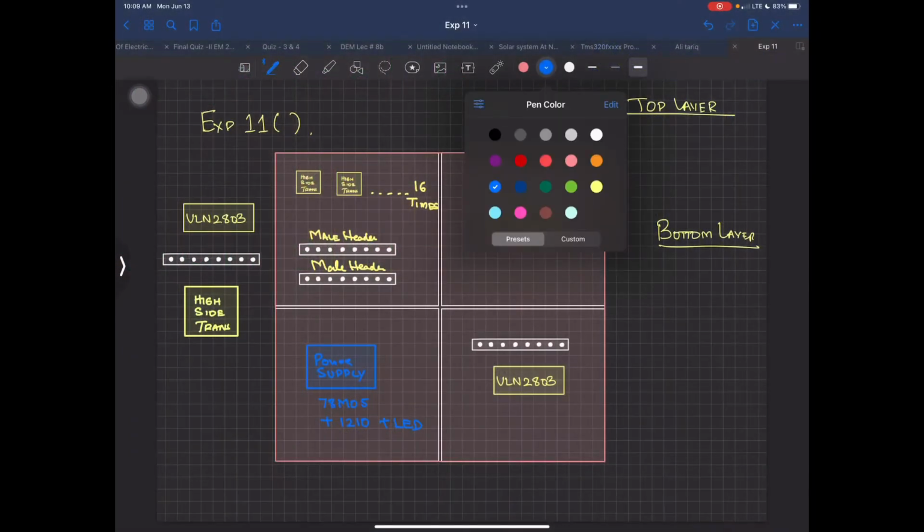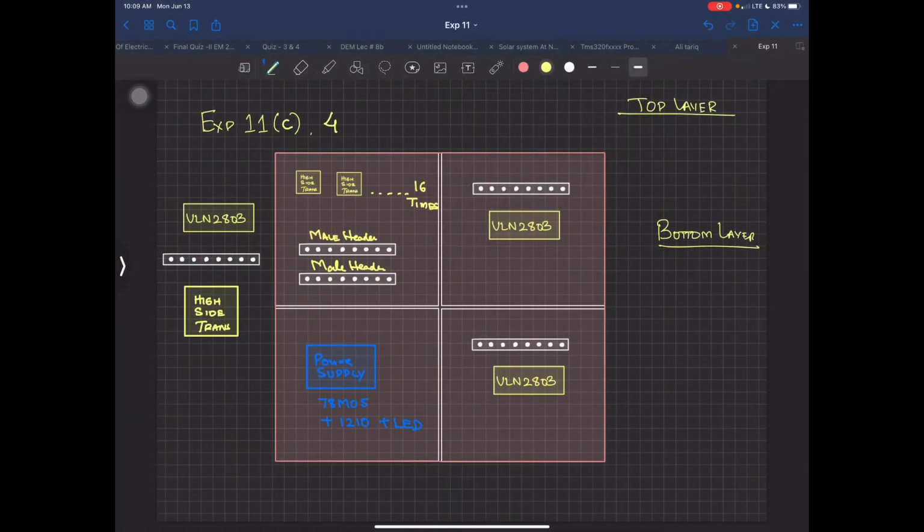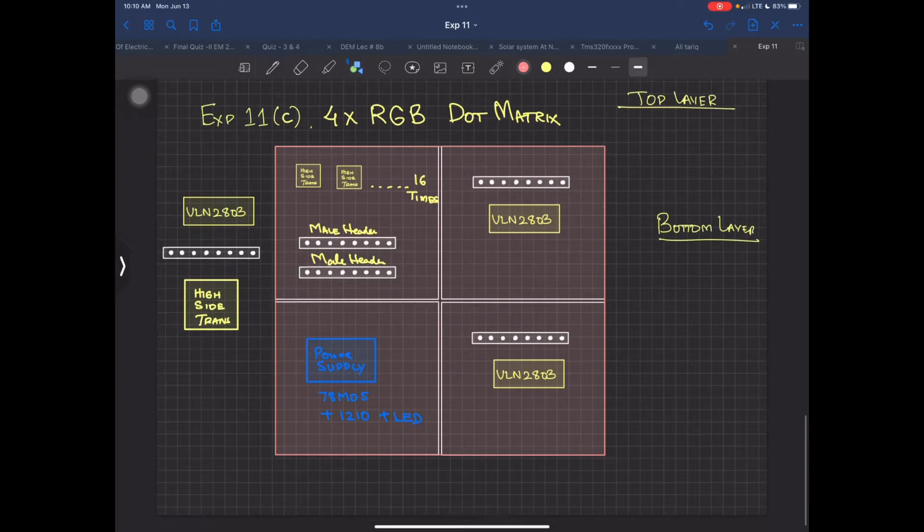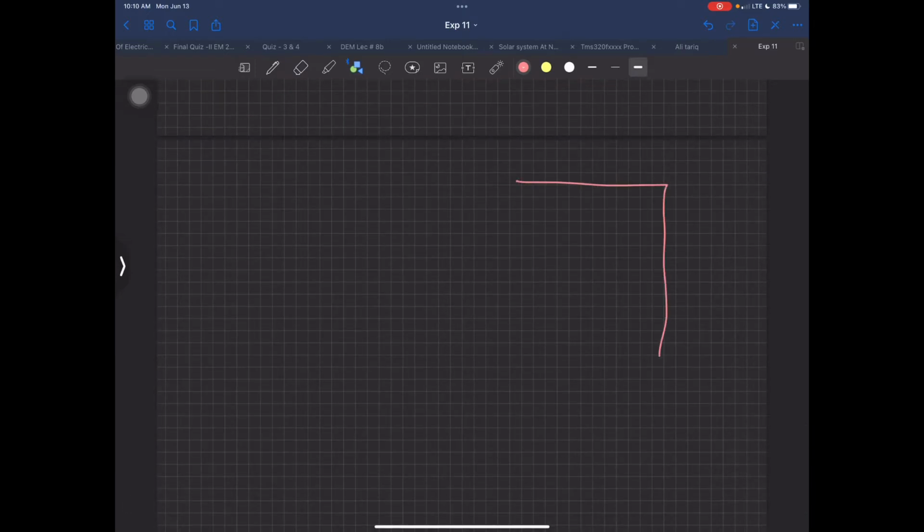As told to you already, 11C is a 4 cross 4 RGB dot matrix arranged again in the same orientation, same everything, 2 cross 2, 2 rows, 2 columns. Now the problem here is that each red, green, blue dot matrix RGB has 3 colors. And 3 colors mean that for each of them, for example, let me just take one and make a small one over here. In that red, green, blue,